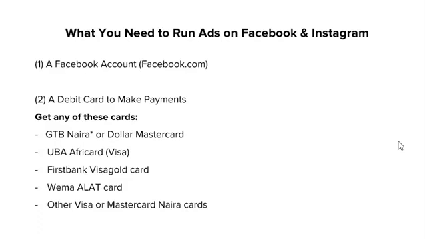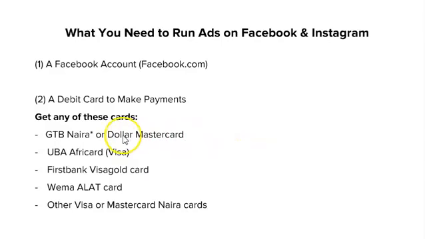What this means is that as a new advertiser, for instance, Facebook will let you run ads worth a certain amount. Then if you keep paying them successfully, they will keep giving you more advert credit so that you can keep spending more money with them. So there might even be a point when Facebook will allow you to run ads worth $5,000 or even $10,000 before they charge you. To pay Facebook with dollars, you will need to get any of these cards.